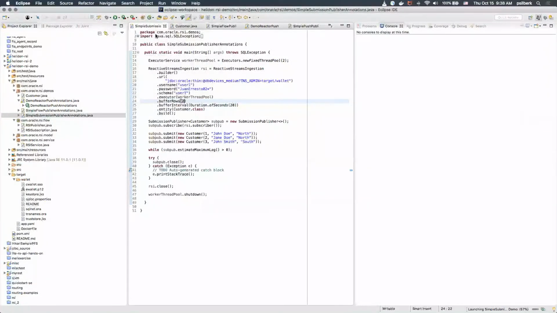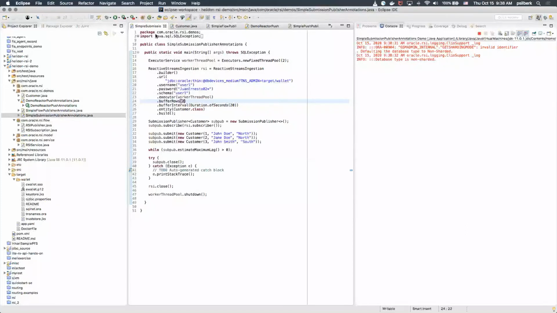So instead of getting an exception when you run it like that, it's going to wait, and eventually it's going to do the ingestion. So that is the importance. See, there was no exception and the records were ingested.